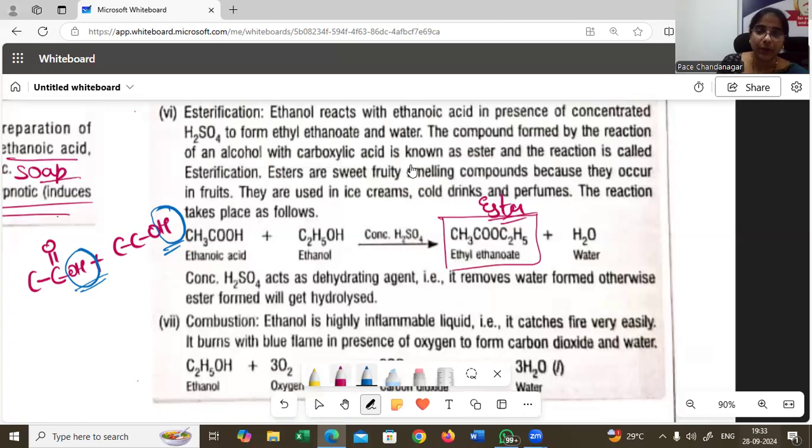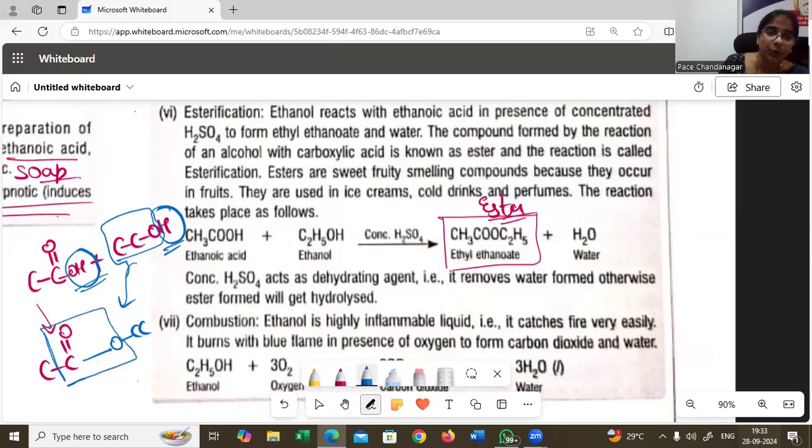As you join them, how do you join them? See, check out how I am joining. C double bond O there, then this part, then single bond O, and then two carbons. This is what it is. I'm joining here. So this group, as you can see, double bond O with single bond O, is nothing